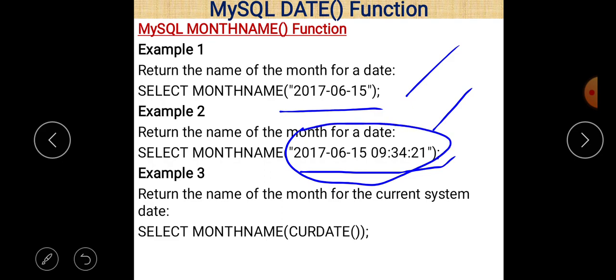So you can type any valid date format, and if you want to find out the month name of the current date, for that purpose you just write select the name of the function, that is monthname, and pass the parameter value as the curdate function, so it will give you the month name of the current date.